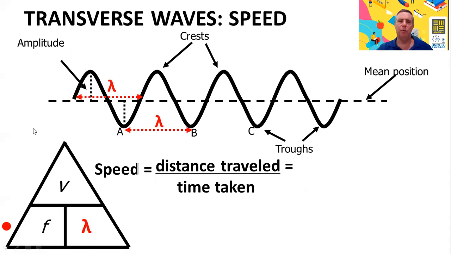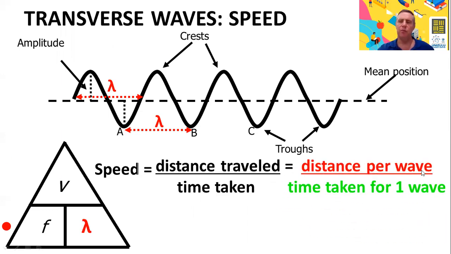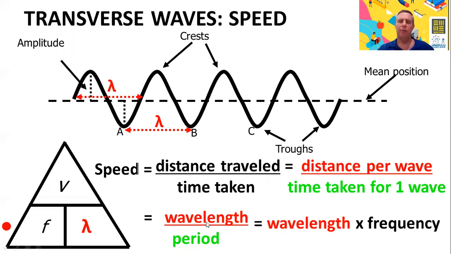Now the wave equation is also very important, and we need to know how to find out wave speed. So remembering a wavelength is from A to B, or from that point to that point. The speed of a wave, speed is always distance traveled over time taken. So let's make that the distance per wave divided by the time taken for one wave. Now the distance per wave is just the wavelength, and the time taken for one wave is the period defined on the previous screen. And therefore we have this wave equation that wave speed is wavelength over period or wavelength